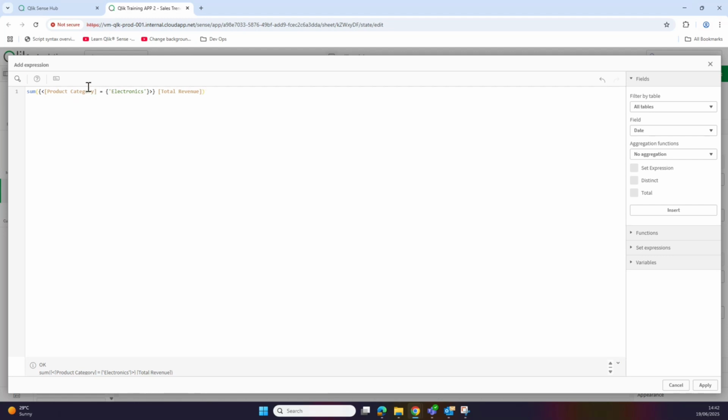So what this is saying is, within the product category field, I want you to filter all the data, give me only the products which are in the electronics category, then I want you to add up my revenue, okay? And if we click apply,